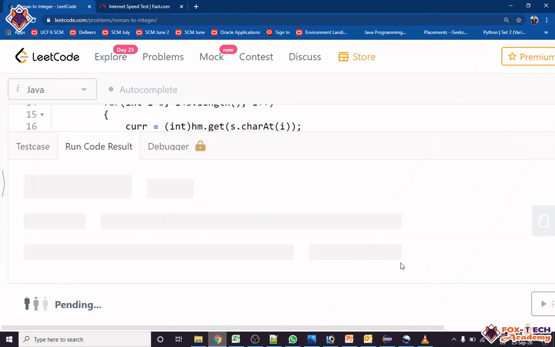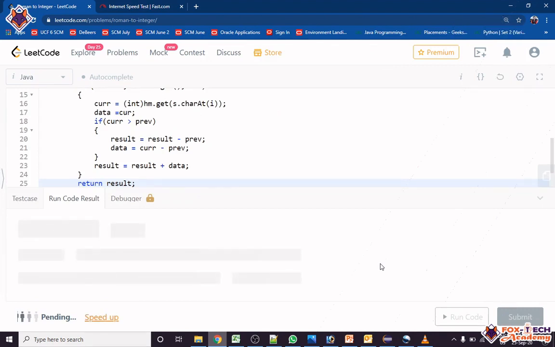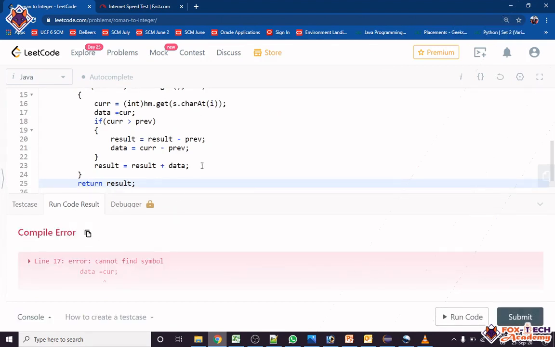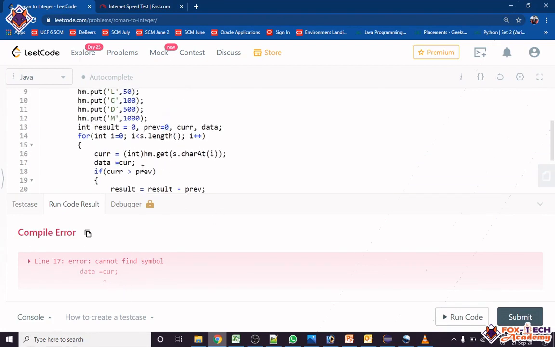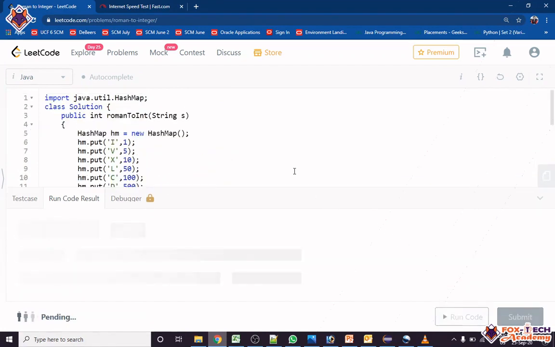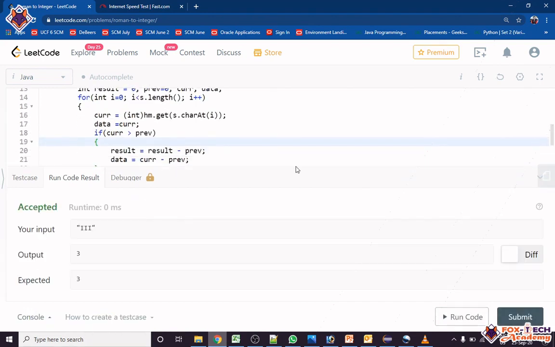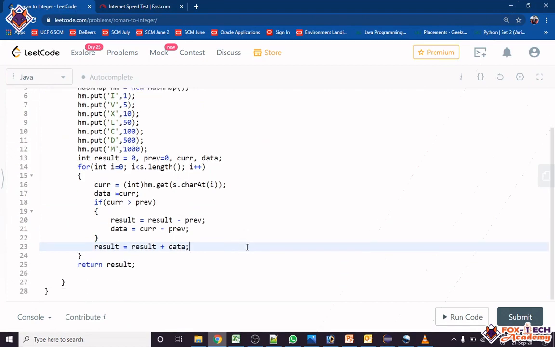You will see, let's run. Actually I have zoomed this page. Okay, sorry, where is line number 17? Okay, sorry, we have created a double R. Right, let's run. Yeah, fine, you can see my program is running. You can do one thing more, right? I have used this extra data variable. You can make this program without using a variable also, so it all depends on how we are going to solve this problem, right? So let's submit this problem.